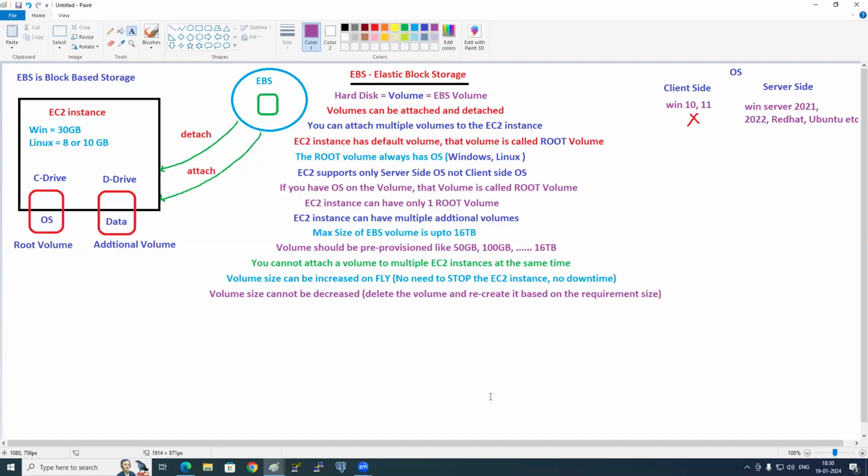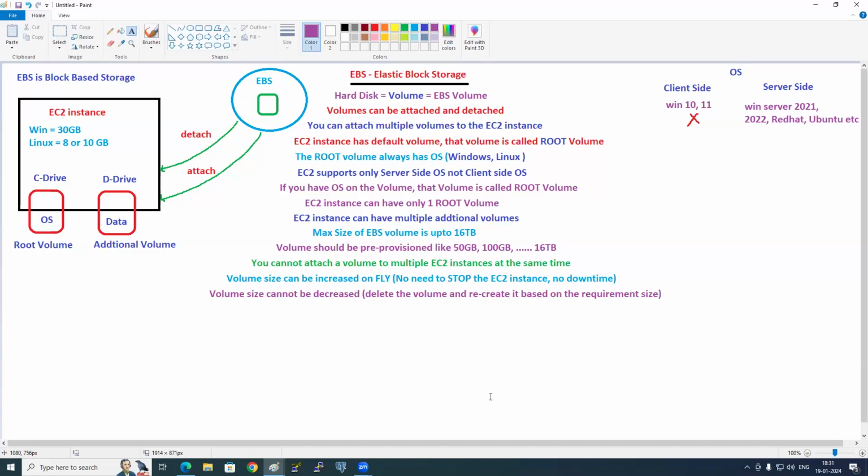Certification question. If someone asks you what is the root volume device name, /dev/sda1. Whenever you are attaching the root volume, you should attach it with the device name /dev/sda1. Then only, whenever the EC2 instance has started, it will check, where is the operating system? Because remember, EC2 instance has volumes. Now, I started up. I have two volumes. I'm the EC2 instance. This is the root volume. This is the additional volume.